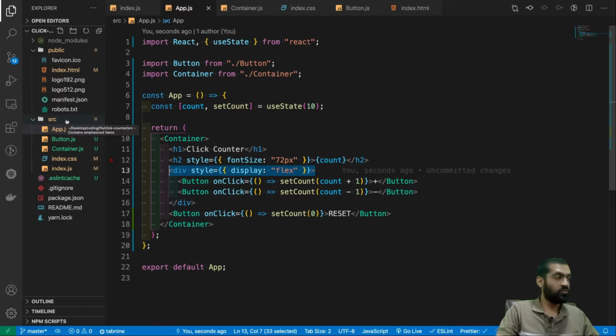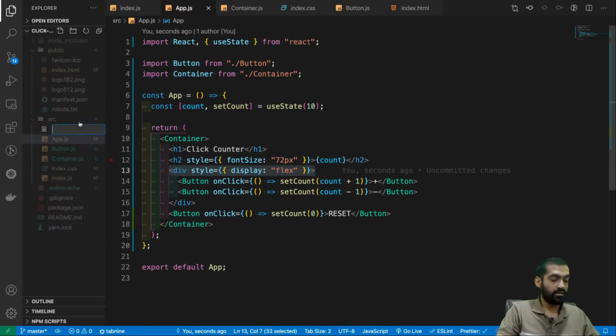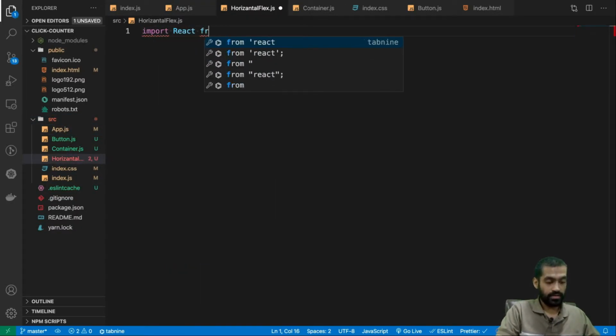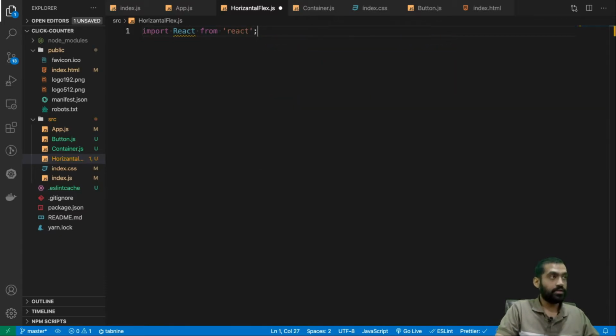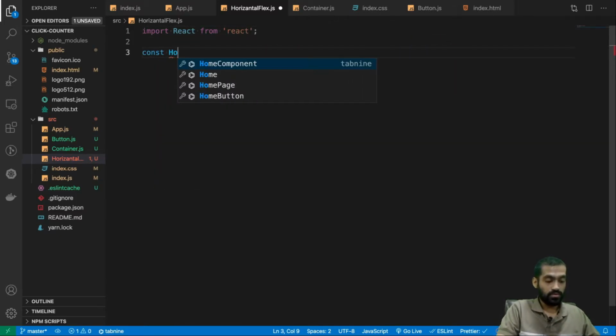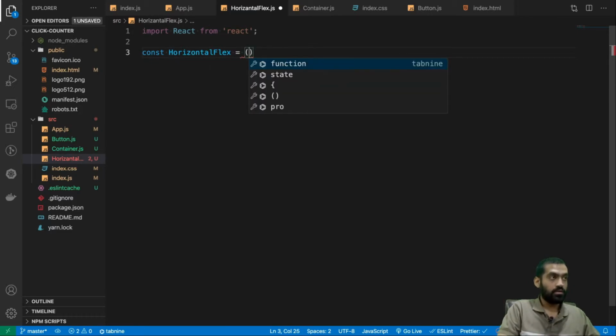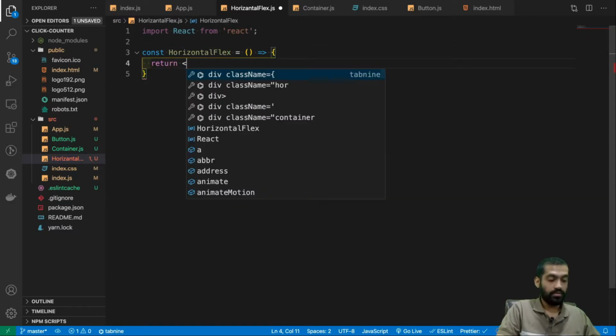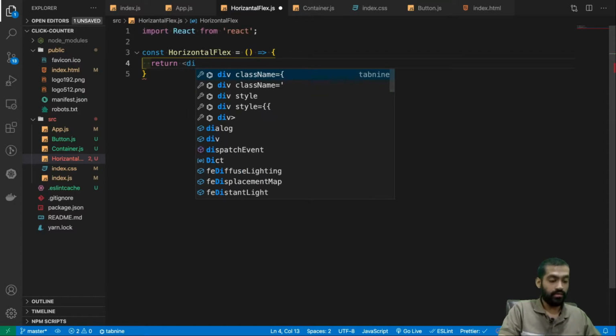If we want something to work like that, we can create another component, let's call this horizontal flex dot js. Again the boilerplate, react from react, then const horizontal flex equals, open brackets, return. We do a div, right?